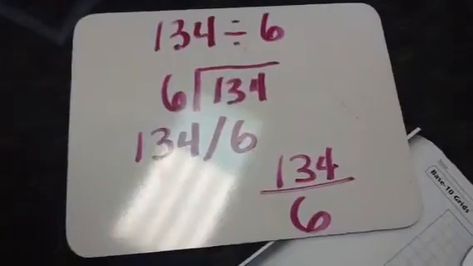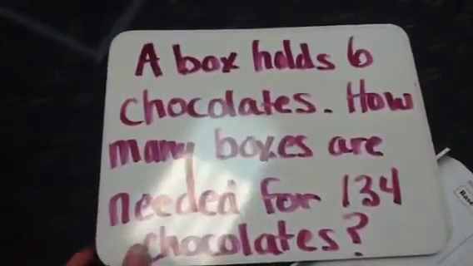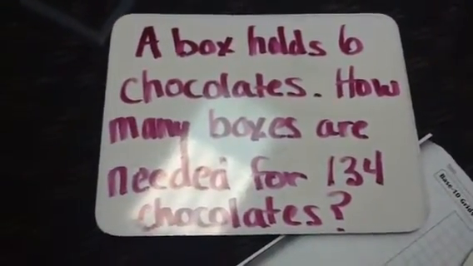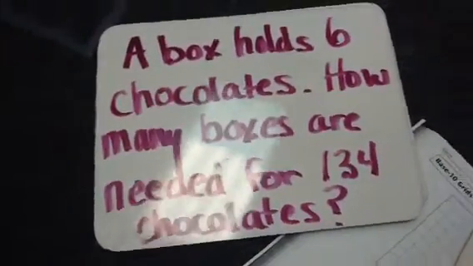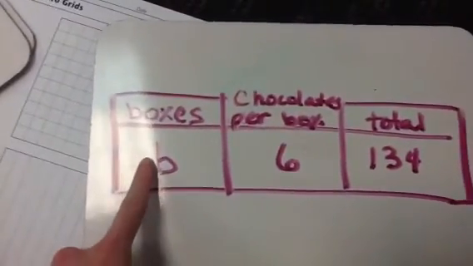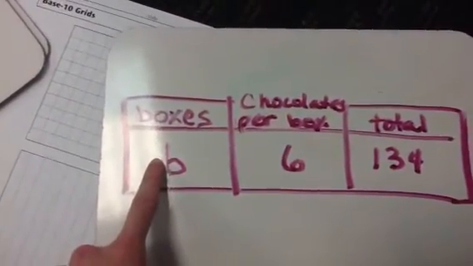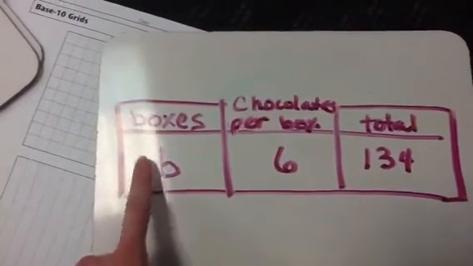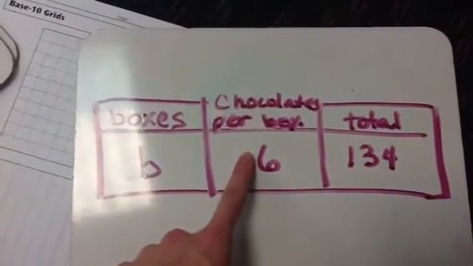If we took this information from our number story and put it in a multiplication division diagram, it would look like this. I chose the variable b for boxes, and that's what we're looking for. How many boxes do we need? We know that 6 chocolates